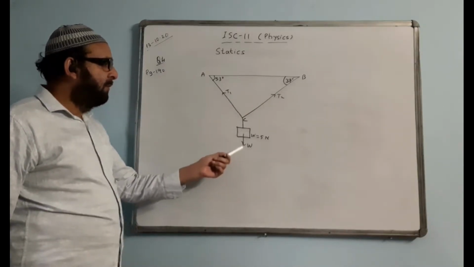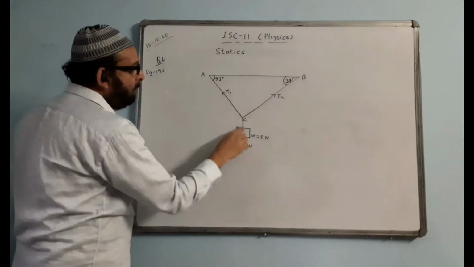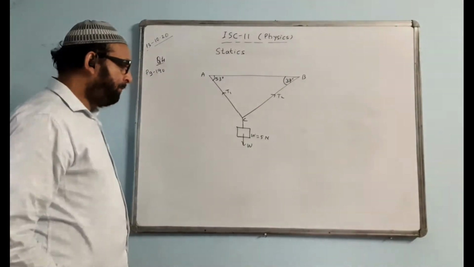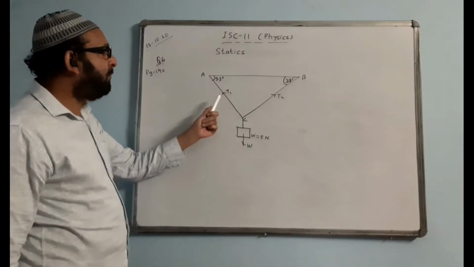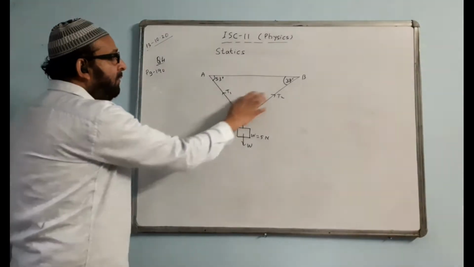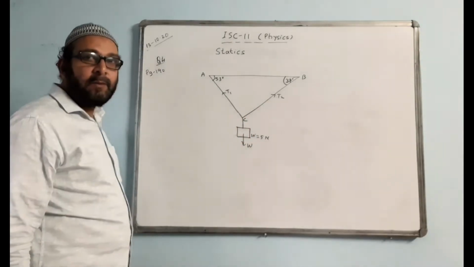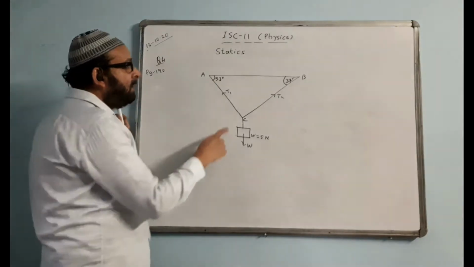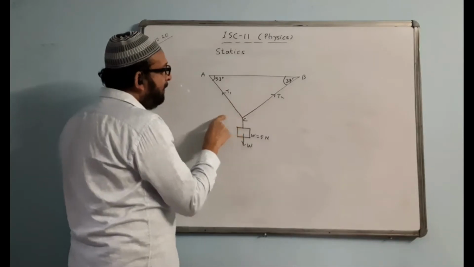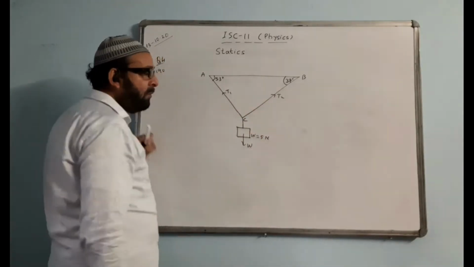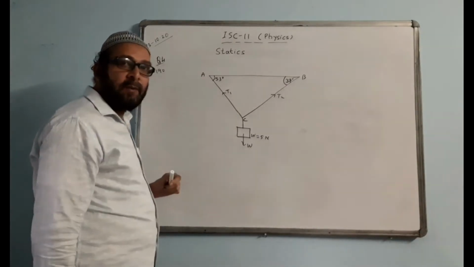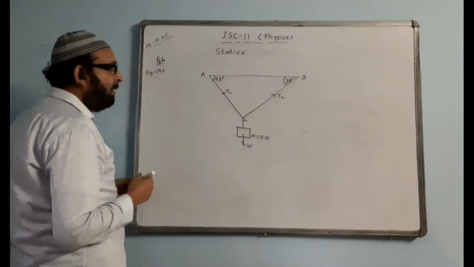Block's weight W will be acting like this. We have three forces T1, T2 and W. They are all concurrent forces and keeping the block hanging, that is at rest. So in this problem we have to find the value of T1 and T2. This problem we can solve by Lami's theorem for the three concurrent forces, or by breaking into components. I think Lami's method will be better because T1 and T2 both are breakable into components. We can do it by that method also, but Lami's theorem method will be easier. So let us follow Lami's method.